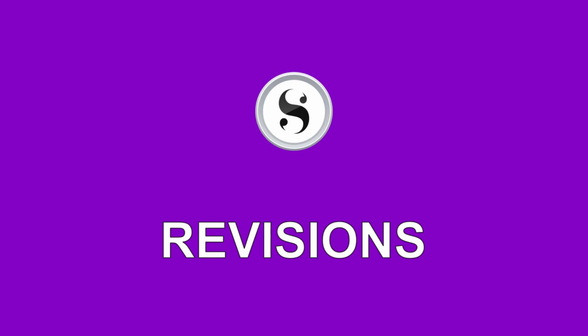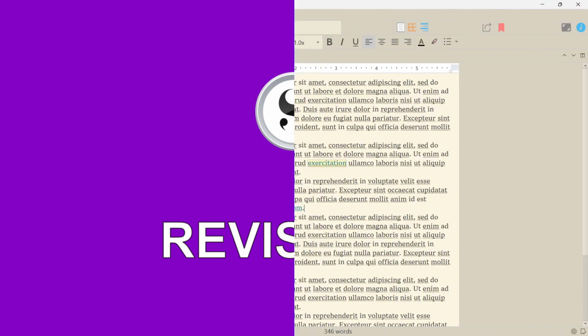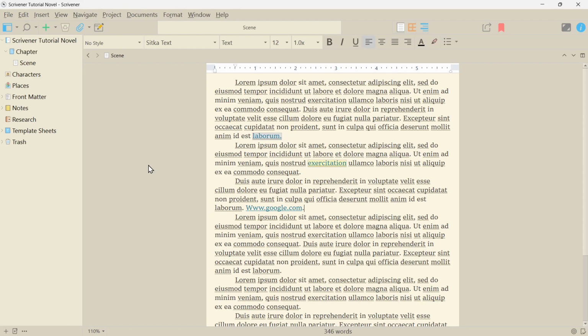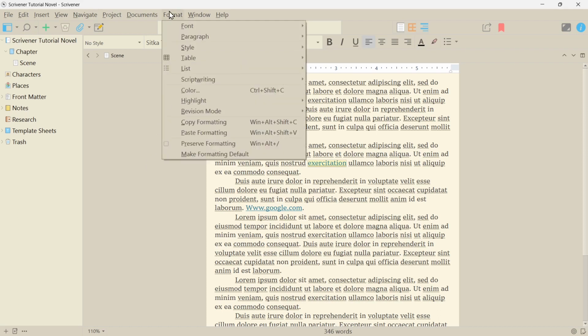Today we're talking about revision mode in Scrivener 3 for Windows. What is revision mode? Well, it's a mode where you can see marked text where revisions have been made. So it would probably be something that you might use if you were doing a collaboration or working with an editor. This option can be found under the Format menu, and as you can see, you can choose what revision